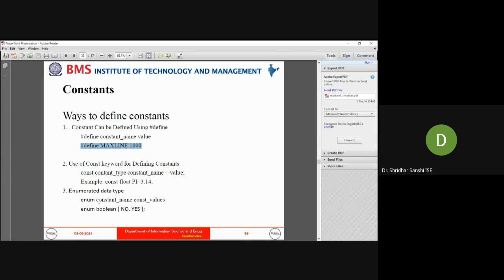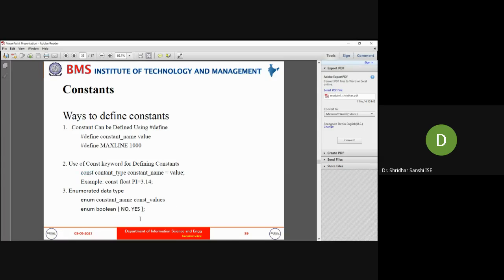Another way of defining a constant is using the const keyword. You can see here, this is the syntax. This is the keyword const. If we define this, then whatever name we declare after that is a constant.